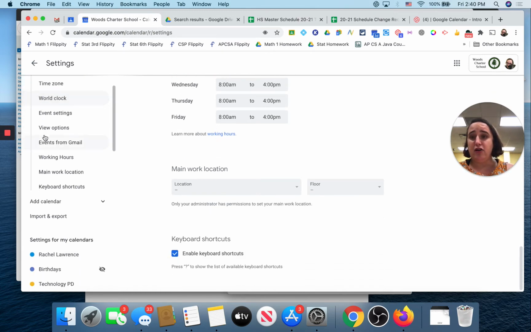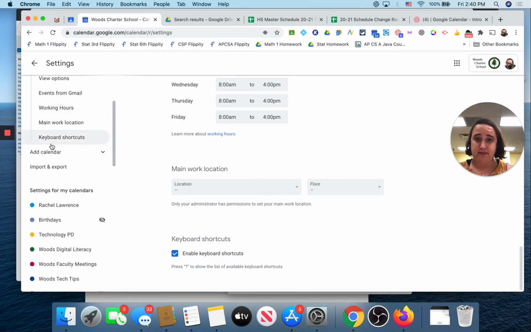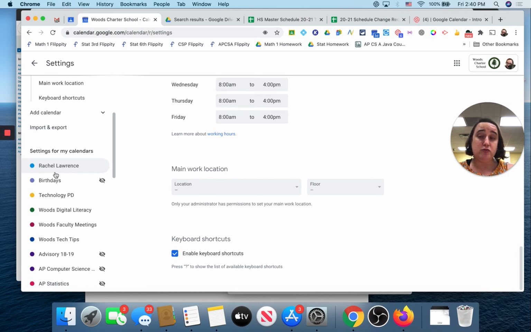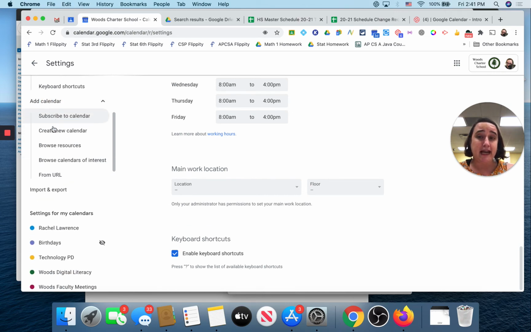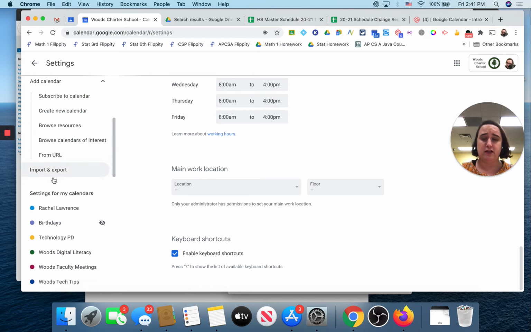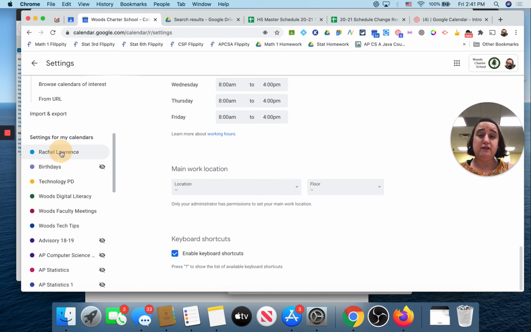All right, so that's all the general settings. Then you can go to settings for your individual calendars. There's some other stuff here too, like adding calendars. I'll show you more about this later. That's not really what I want to focus on for this video. But if I go to an individual calendar,